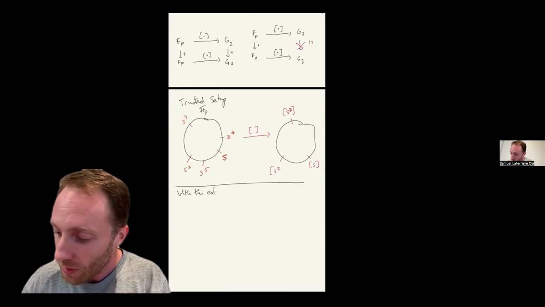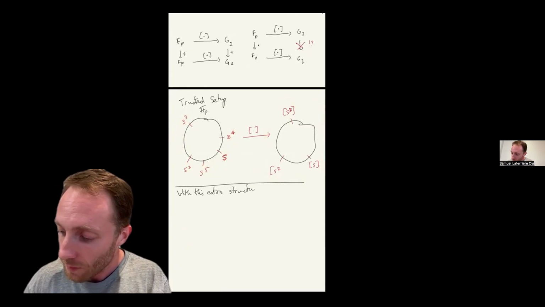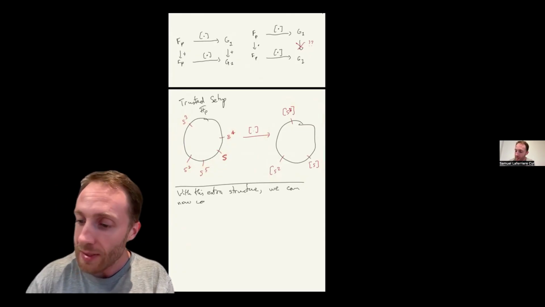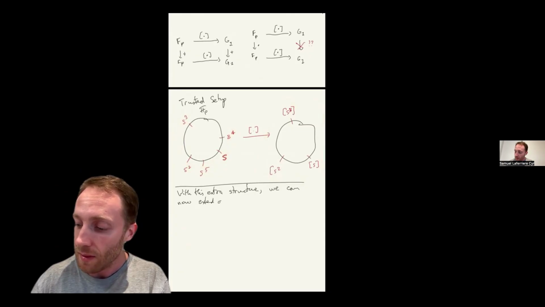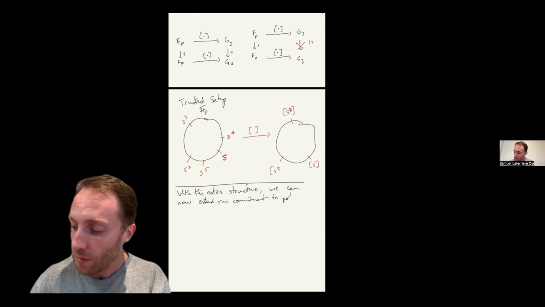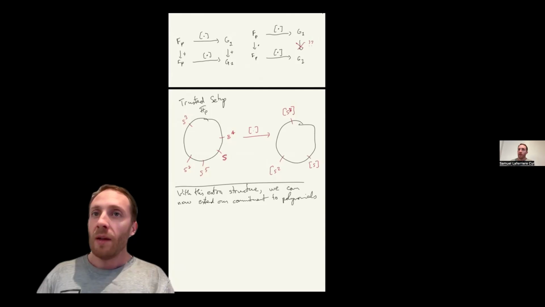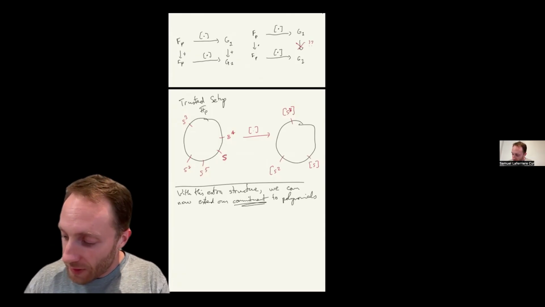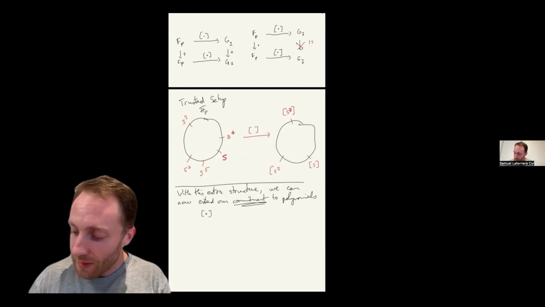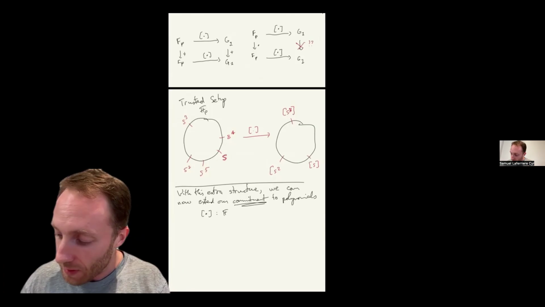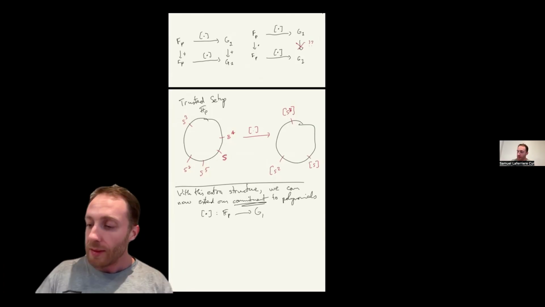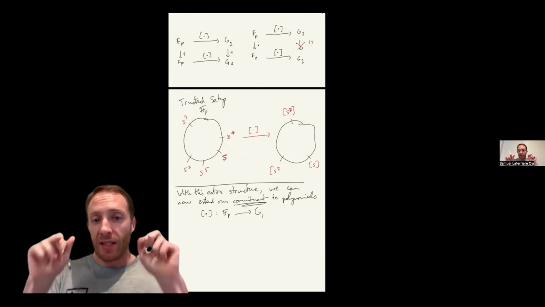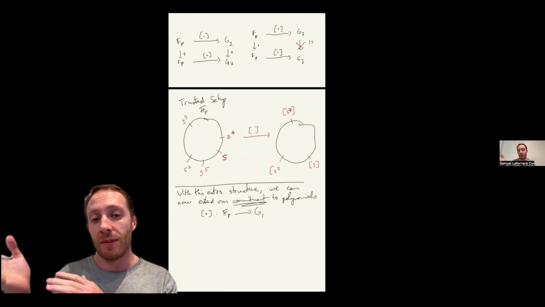With this extra structure, we can now extend our commitment to polynomials. What I was calling commitment here is this embedding function, the function from the field to the group G1. So right now we already have this commitment, right? I give you an element of the field, and it gives back an element of G1,